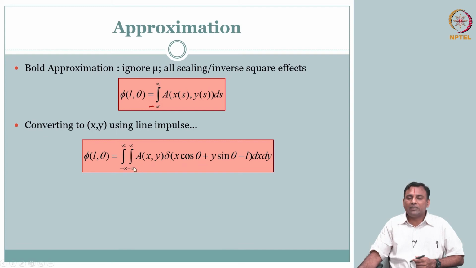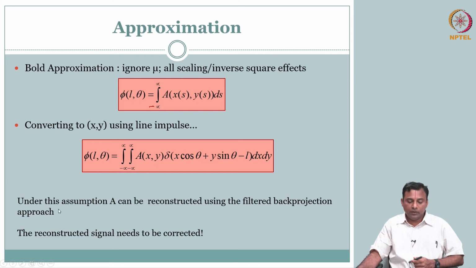Subtle differences, of course: there are some scaling factors, and your g of x comma y was logarithmic, right. You had I by I naught, ln of that. So, the g of x comma y had to be converted to that logarithm, whereas here you do not have that. But apart from that, this is essentially what you collected in tomography. So, you can end up reconstructing using whatever filtered back projection approach that we covered earlier. Okay. So, this actually turns out to be very powerful and useful.